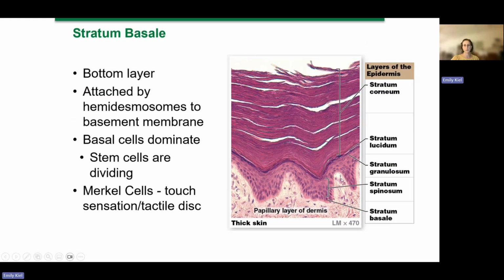So we'll start at the bottom with our stratum basale. It's attached by hemidesmosomes to the basement membrane of the skin. And the most common cell type there are basal cells, and these are stem cells that are actively dividing. And here you've got your Merkel cells, which provide for touch sensation. Your tactile discs are there, so you can get some sensation in those deeper layers